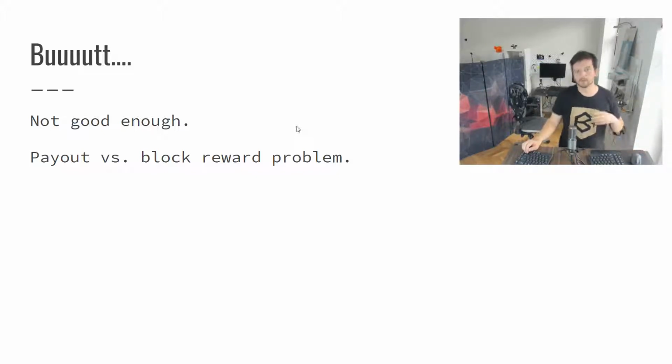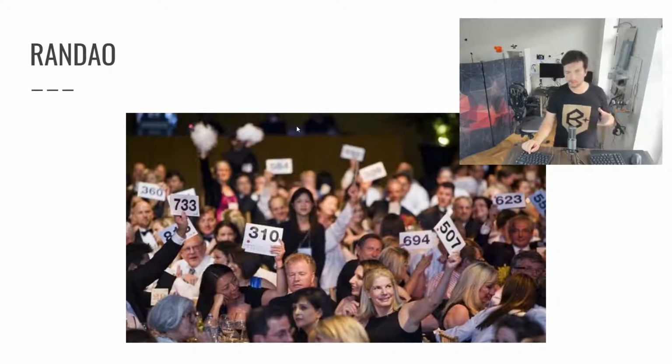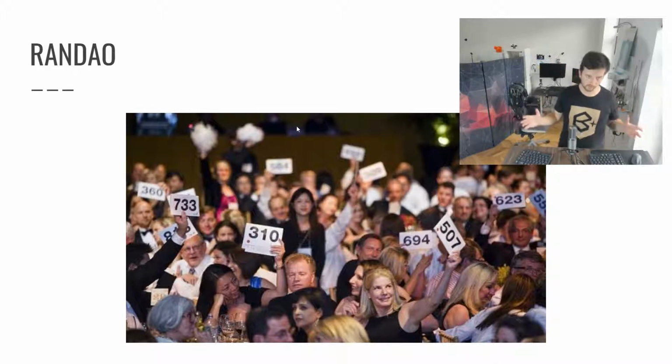Now, what else can we use though? So Ethereum came up with this solution called the RANDAO. And DAO stands for Decentralized Autonomous Organization, and RAN is for random. So, a very layman's overview of how that works is, imagine a bunch of people in a room, and everybody imagines some sort of number in their head. And then